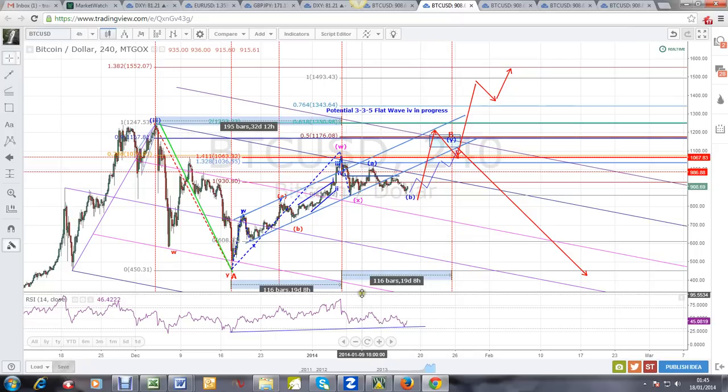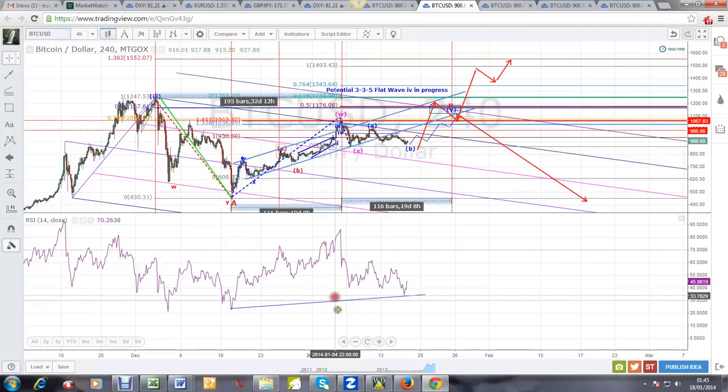And in what particular way dying? On my 4-hour RSI, you see this high on RSI? I'm not expecting this to go up, even though the wave will be strong, but it will not have the same momentum as this first zigzag up. Not a zigzag, but you know what I mean. It's the first three wave swing up. So I will be expecting my RSI